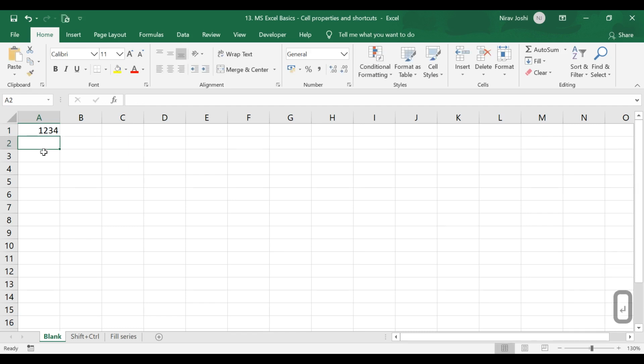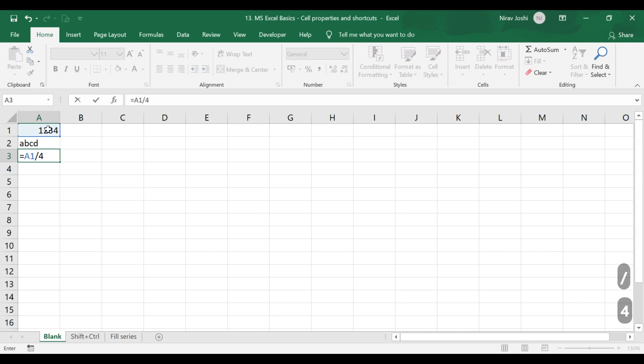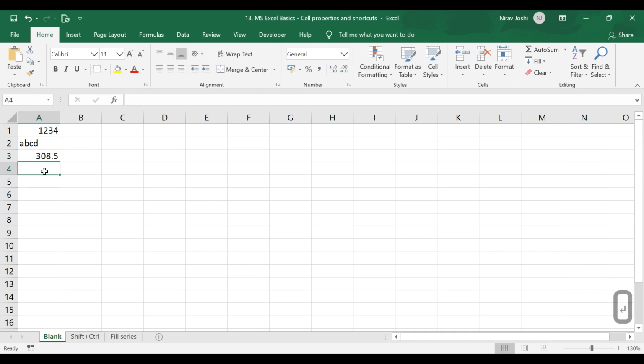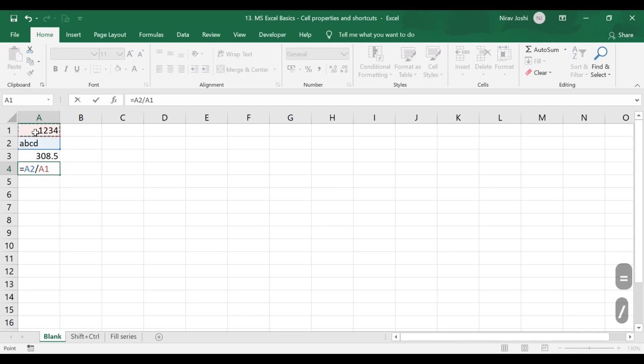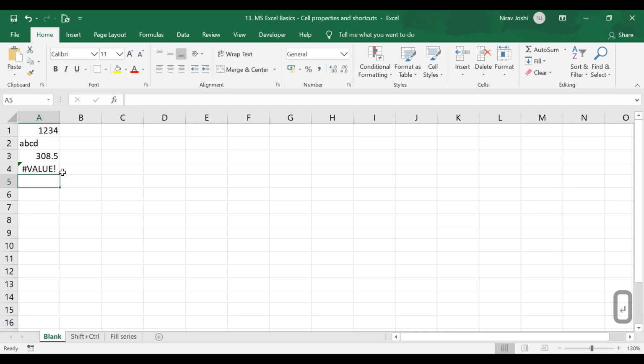There can be letters or characters like A, B, C, D. It can also have a formula, like this cell divided by 4, or it can have an error, like if we divide this by zero, it will show an error. So these are the four basic kinds of data that a cell can have in Microsoft Excel. Beyond that, a cell will not contain anything else.